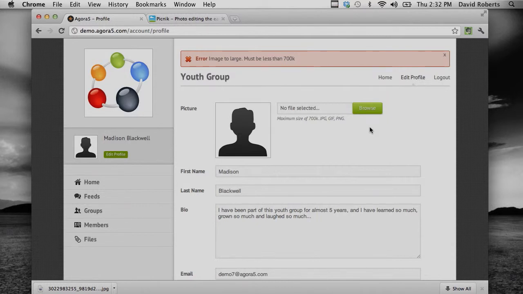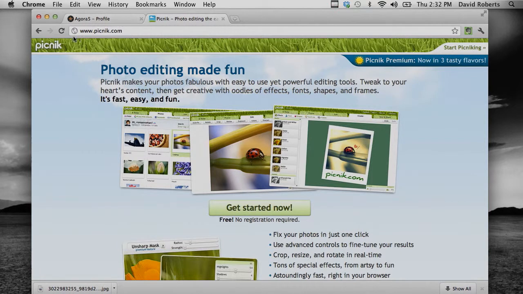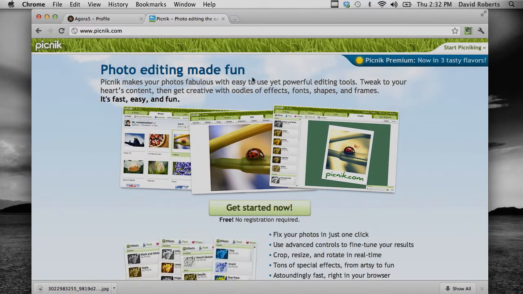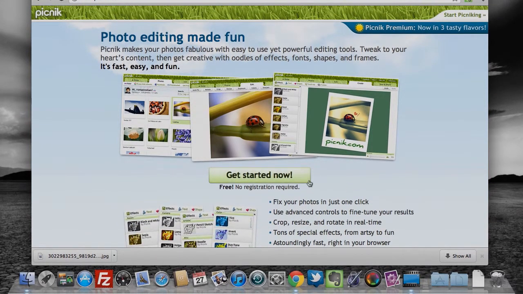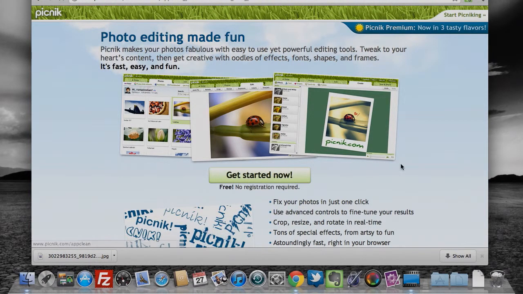You can do it through Photoshop if you have that at home, but not everybody has Photoshop. You don't have to have Photoshop. It's really, really easy to do through an online photo editor. So I'm going to bring up an online photo editor called Picnik, PICNIK.com. It's free. It costs nothing, and there's no registration required. So you just click the Get Started Now button,